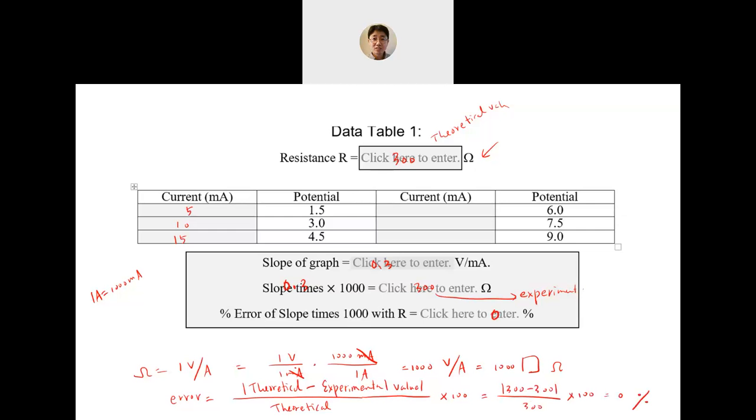And what about data table 2? They can come back to our manual. This is what I explained here. And then we have this data table 2, in this case, the